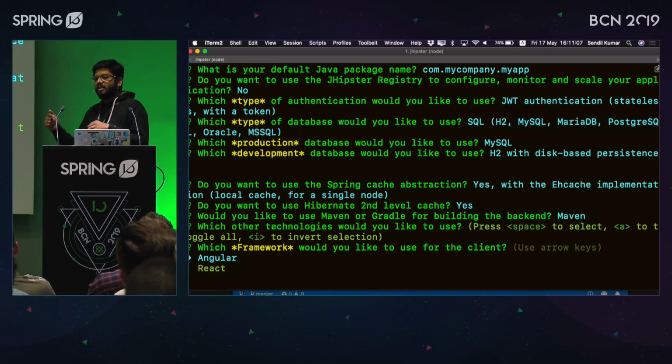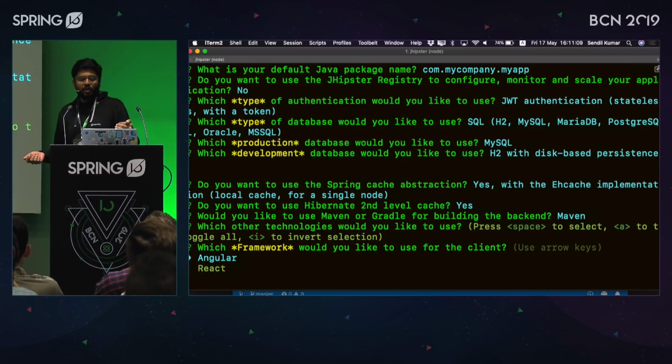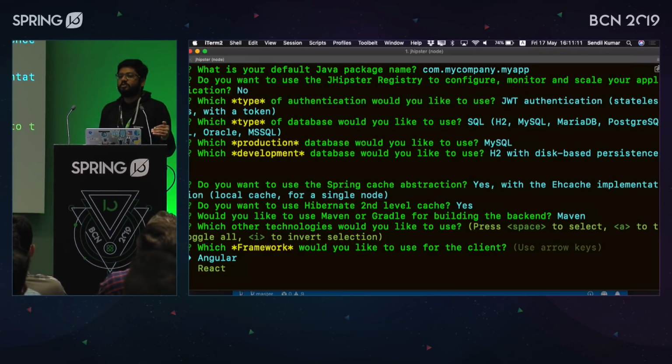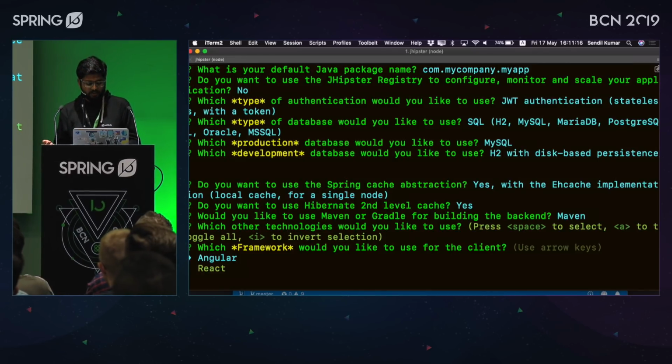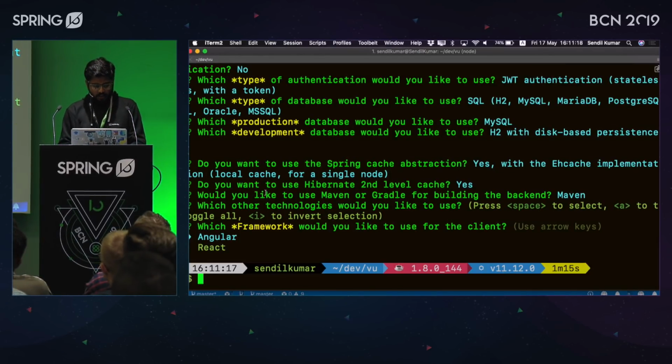If you have used --blueprint vuejs, the only thing that would change is that you will have an option called Vue.js. That's the one thing that will be added, and it will generate an entire front-end application for you. So basically, you can,